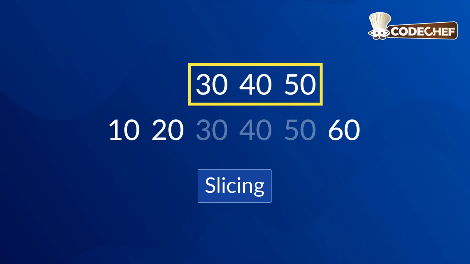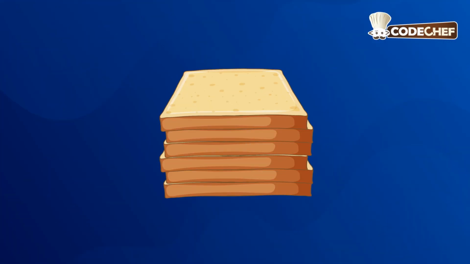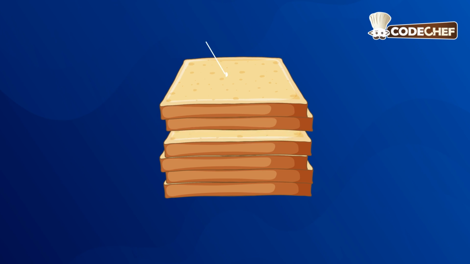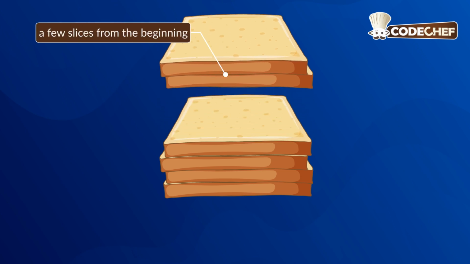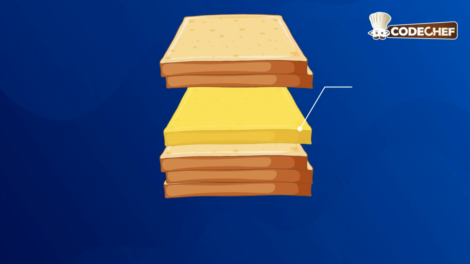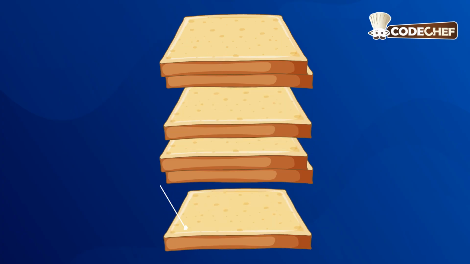create a new one. The perfect way to think about slicing is with a loaf of bread. If you have a whole loaf, you don't always need every single slice. Sometimes you just want a few slices from the beginning for a sandwich. Other times you might want just the middle section, or maybe the very last slice to make toast. In Python, slicing is exactly like cutting a loaf of bread. You get to specify where your cut starts, where it stops, and even how many slices you take at a